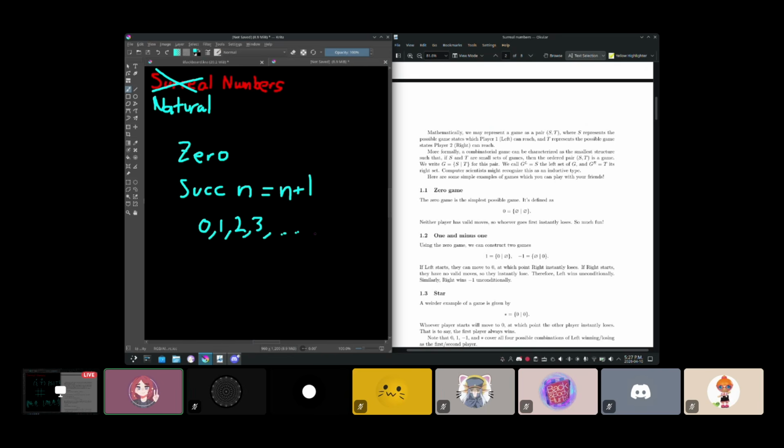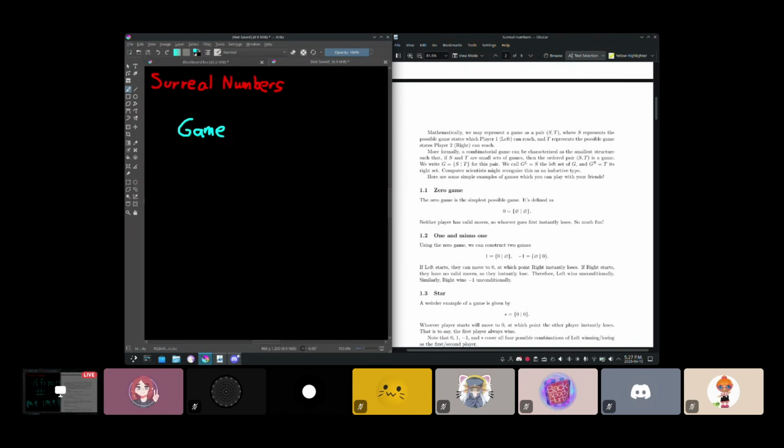And the reason that I bring this up is because games can be described via the same sort of inductive process. Instead of having a successor operation, we're going to have a pairing operation. So we can say that a game has this operation, the S paired with T operation, and if S and T are small sets of games, then this pair is also going to be another game. And basically, games are just the smallest structure that's closed under this operation. I hope that makes sense.